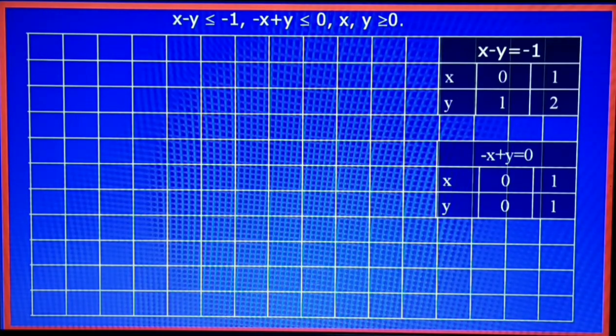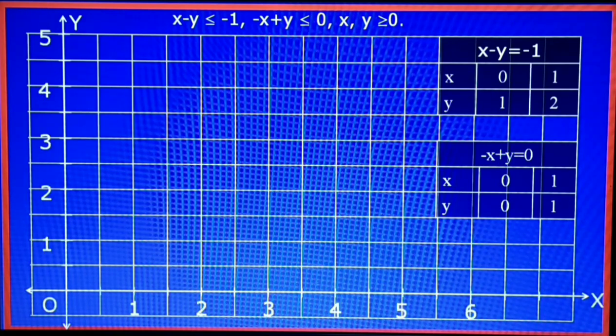From the second equation, minus x plus y is equal to 0. When x is equal to 0, y is equal to 0. When x is equal to 1, y is equal to 1. Mark these points on the graph paper. Through these 2 points,